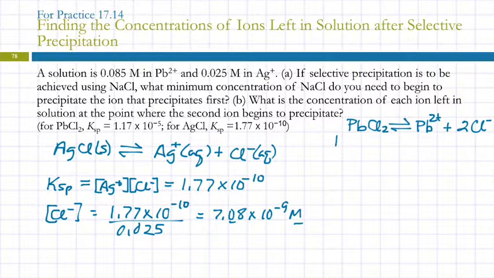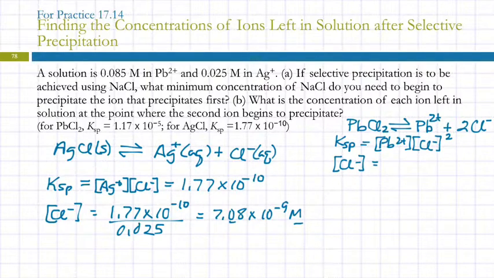All right, so KSP here is equal to the lead concentration times the chloride concentration squared. So if we calculate the chloride ion concentration when the lead begins to precipitate, that's going to be KSP for